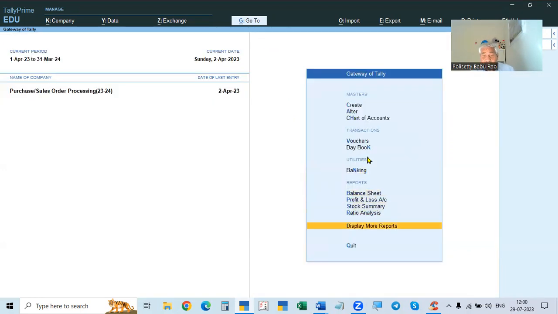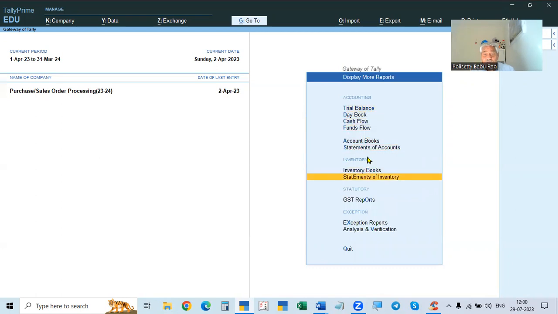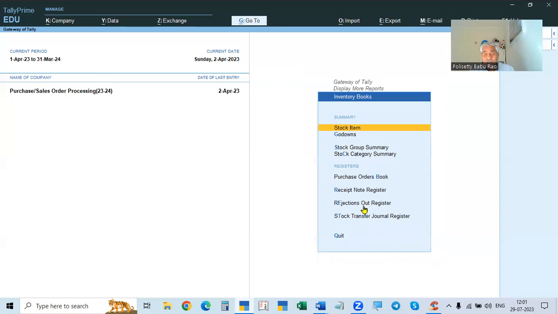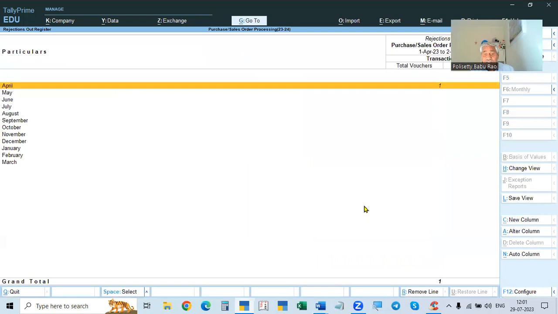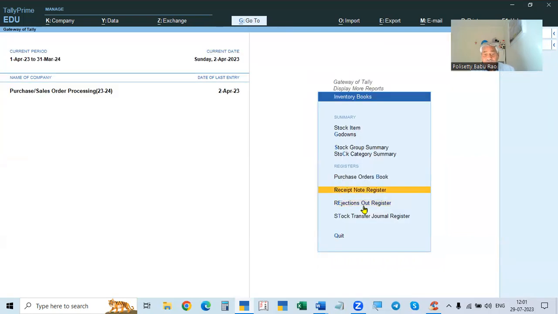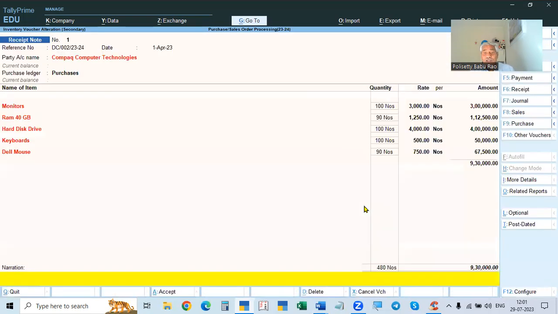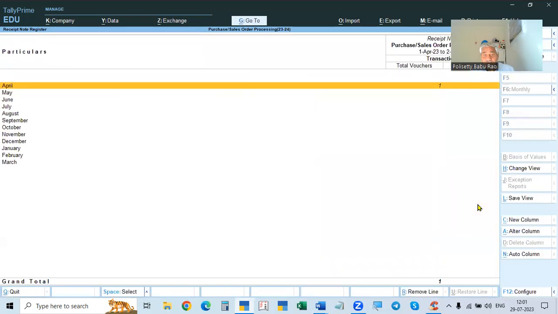Then we will go to display more reports. So display more reports, go to statement of accounts. In this case, okay, these are the only things. Rejection out. See, we rejected 5, -5. We rejected all others. Okay, it will show a receipt note, which will show all we received. We received 90, 100. And then we'll go to